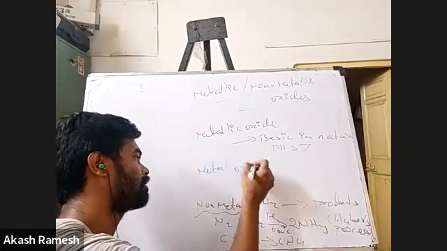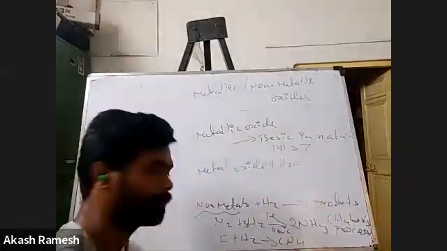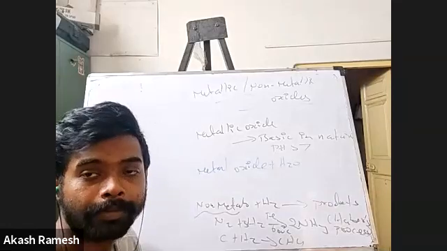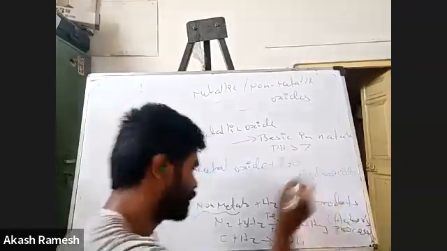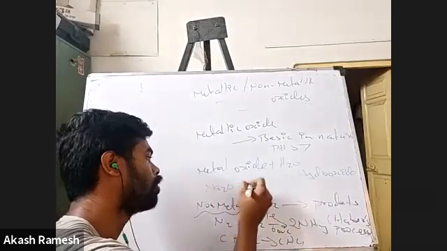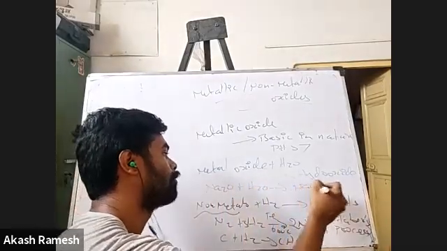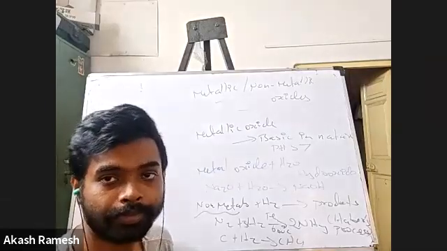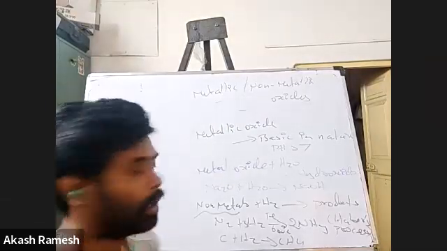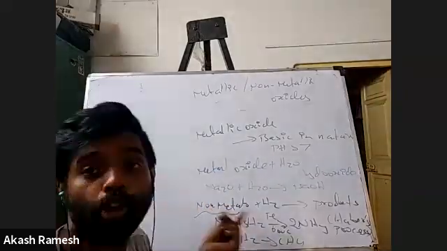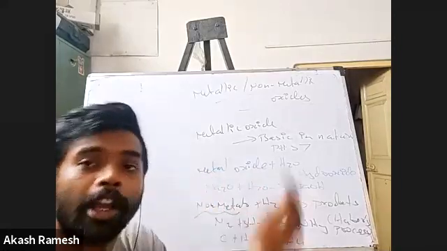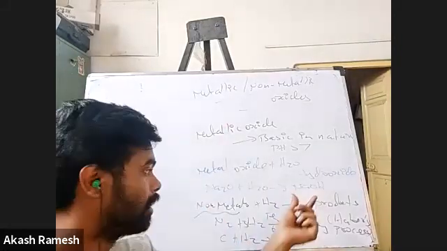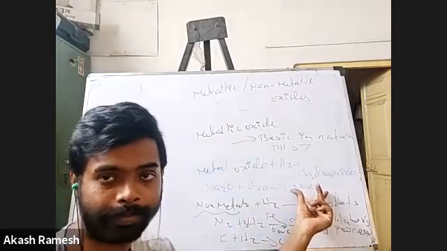So when I have a metal oxide reacting with water, what will happen? They will form metal hydroxides. For example, if you have Na2O reacting with H2O, you will form NaOH. Sodium oxide is a salt generally, right? So that salt you dissolve in water. By the moment you dissolve in water, you are actually going to produce a base.